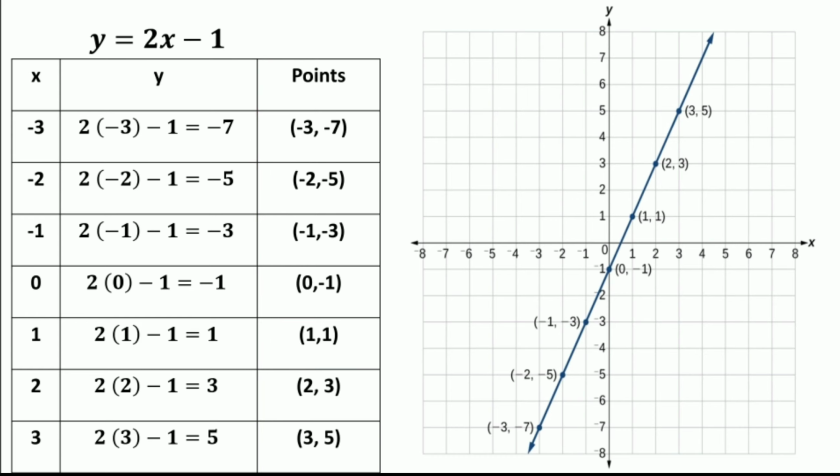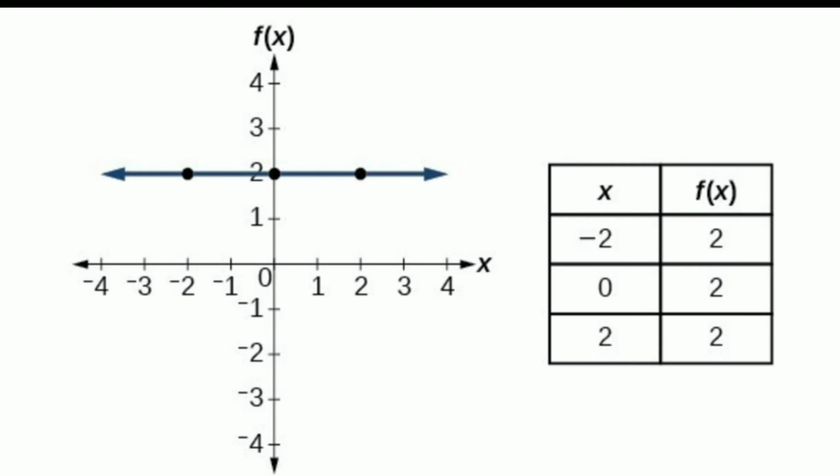After getting these ordered pairs, each pair of x and y values is an ordered pair that can be plotted on the graph paper. And we know how to plot on the graph. After plotting, draw a straight line through each and every ordered pair point. Then we will get a straight line, which is the graph of the equation y = 2x - 1. Now we have a special kind of linear equation.